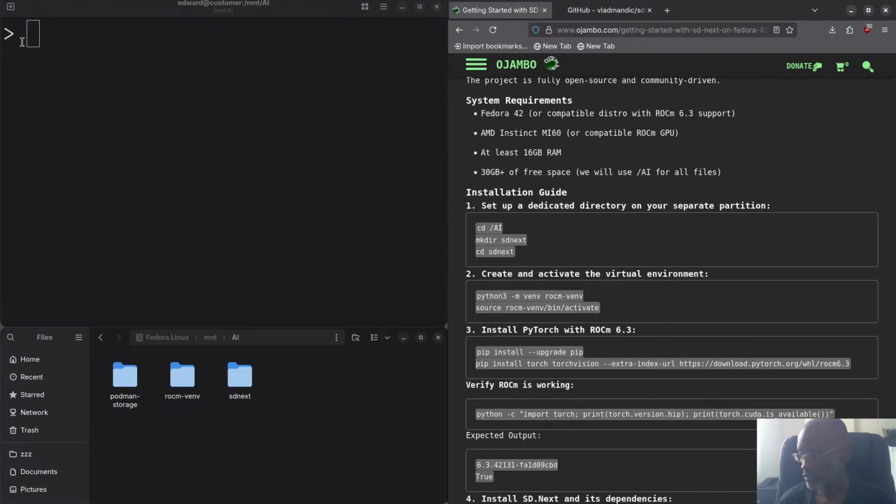Okay, so let's get started here. I already have the command line open here. So I'm already inside this partition, you see it's /mnt/AI. So I already cloned the